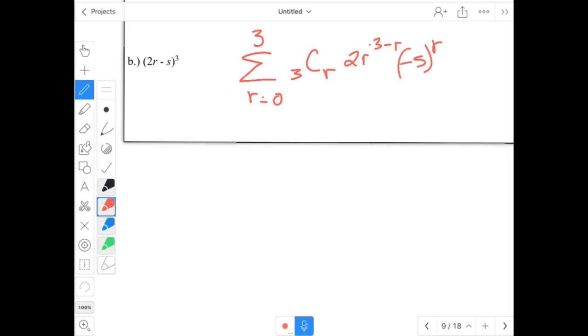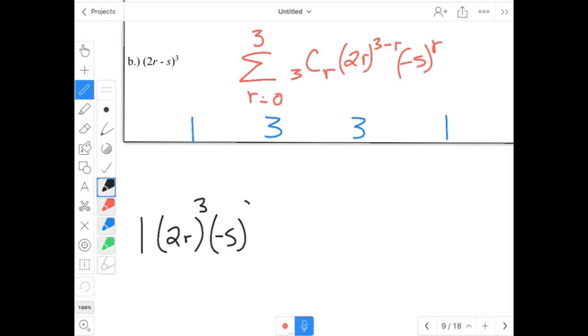Okay, so parentheses in this problem are going to be pretty important because, one, we have 2r, so we've only seen other pieces where it's just one term, and that negative is also going to play a part in this. So what this is going to look like, our coefficients, I'm just going to use Pascal's triangle so that we know we have 1, 3, 3, and 1. Now, let's just do those power pieces. So it's going to be 1 and then 2r to the third